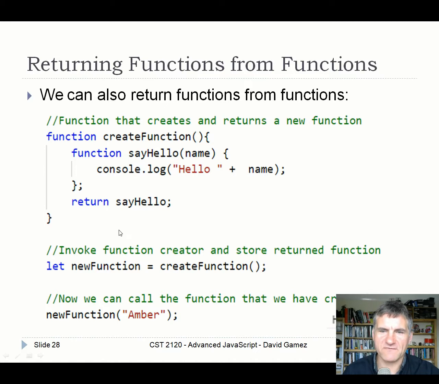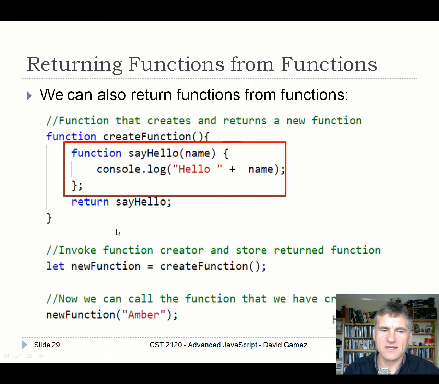And of course we can return functions from functions as well. So here we're creating a function, could have just done an enormous one, but I'm trying to be explicit here. Creating a function inside this function, and you also have